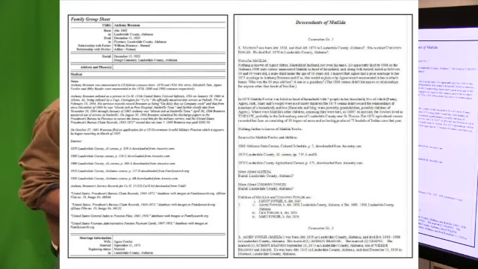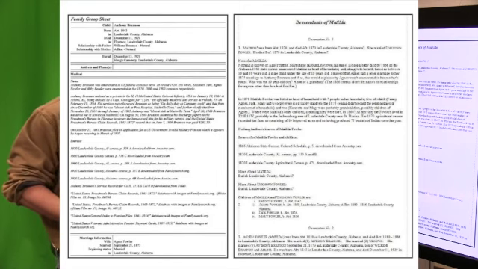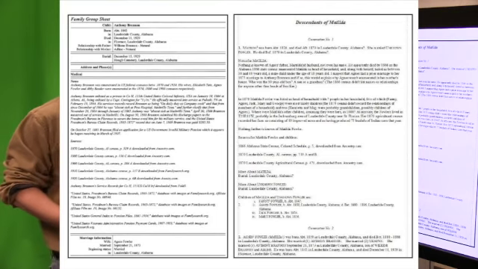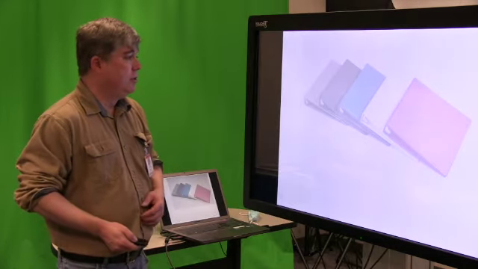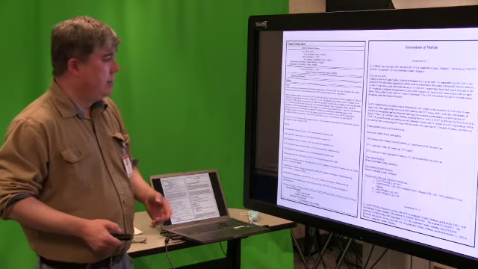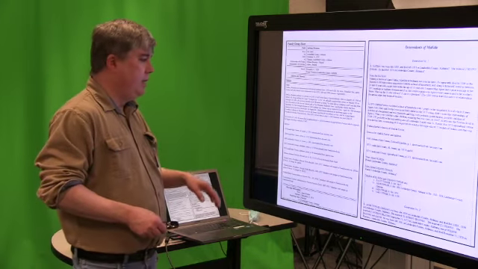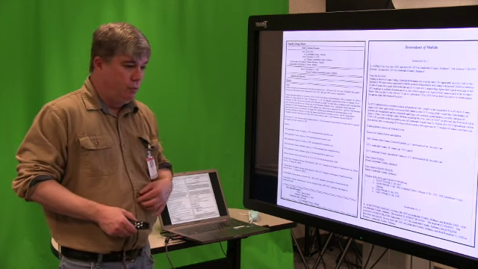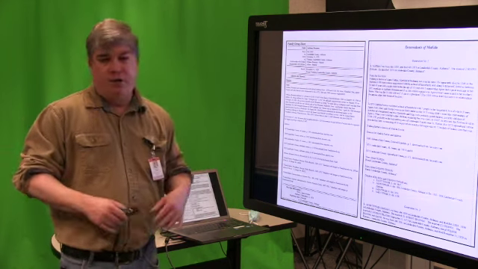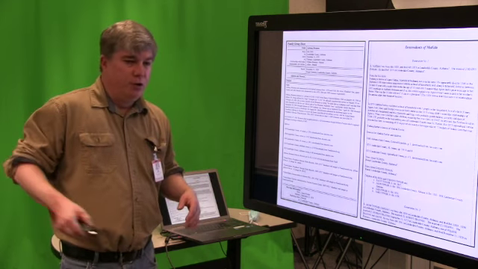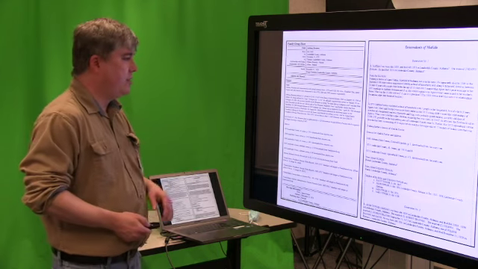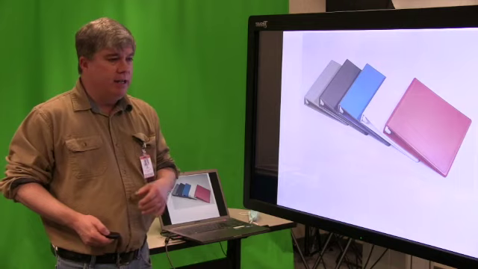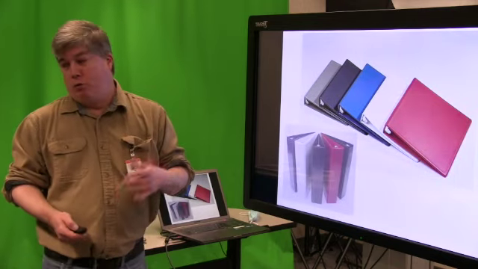So what I really like about Family Tree Maker is it gives you places to type notes to yourself. Where did I get this information from? Is some of the information I've got conflicting? Why is it conflicting? So you can make notes to yourself and mainly document your research. And you can print it out. And Family Tree Maker will print out, when you get your family tree to the level that you want, you can print it out in different kinds of charts, descendancy charts, those big wheel charts. It'll do several different kinds of charts. You can add photographs and all sorts of stuff like that to it. And it's fairly inexpensive, and everybody uses Family Tree Maker or one of the derivatives.